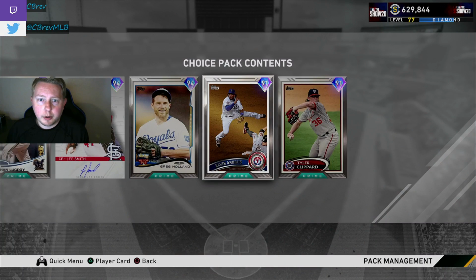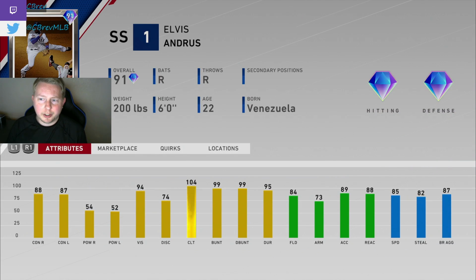Next up, 91 Prime Ephraim Andrews. A really good thing about this card that I really think nobody has thought about is, well, on the bright side, this guy,